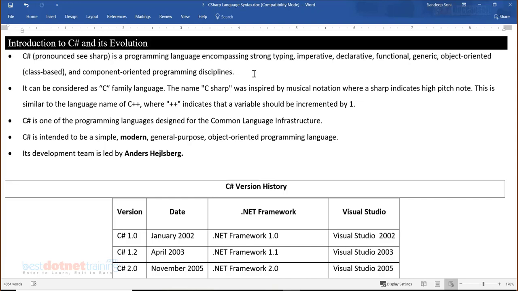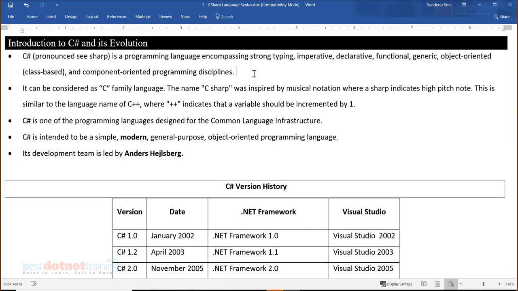But Microsoft is already working to make C Sharp also line up on the same lines for building really advanced level application. So very powerful language, a modern language, an object oriented language, and of course all coming from the C family. So syntax of C Sharp will be very similar to that of C language syntax. At least in the beginning, you will see that very common syntax is what C Sharp has.